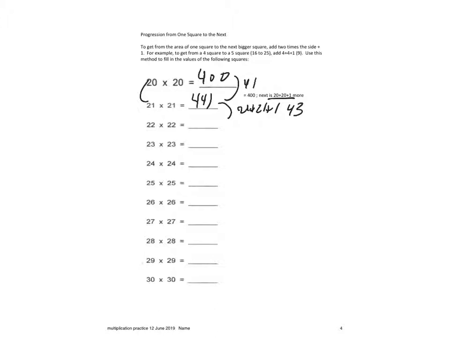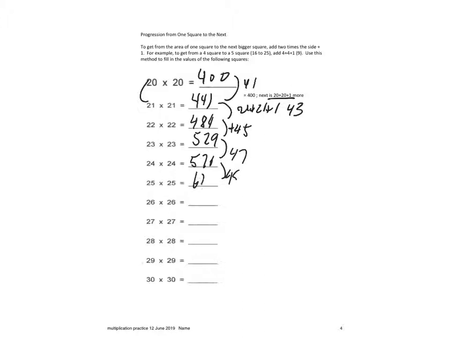So 41, the next one's 43, so this will be 484. The next one will be 22 plus 1, 45, so this will be plus 45. Think of the complement, 16, and what's left, 29, so the next one should be 529, is that right? Yeah. Okay, next one would be plus 47. So this is a good way to do this. That'd be 576,